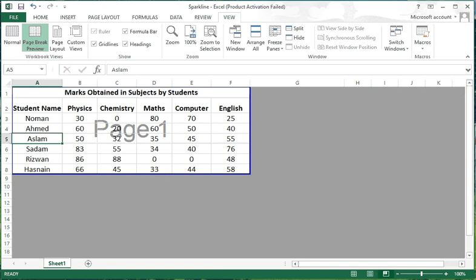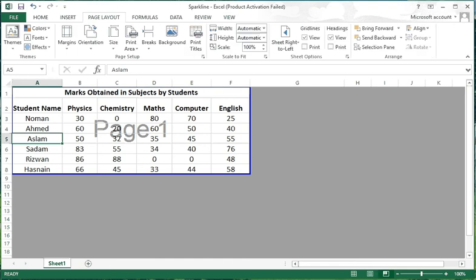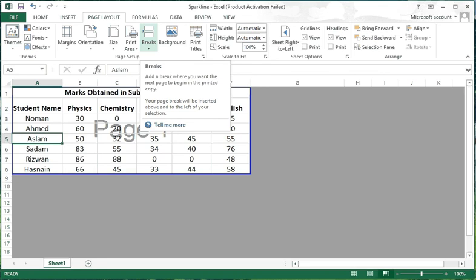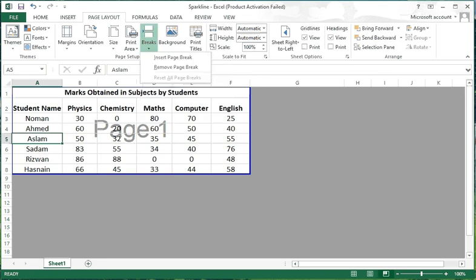So what will I do? I will go to Page Layout, then click on Breaks. From here you can see Insert Page Break and Remove Page Break. First of all I will insert the page break.